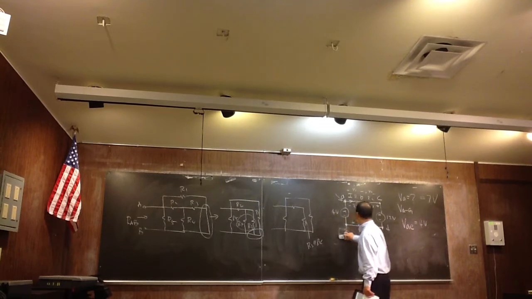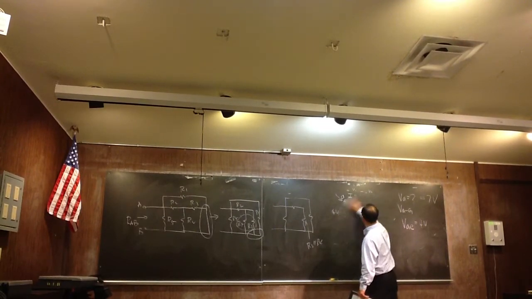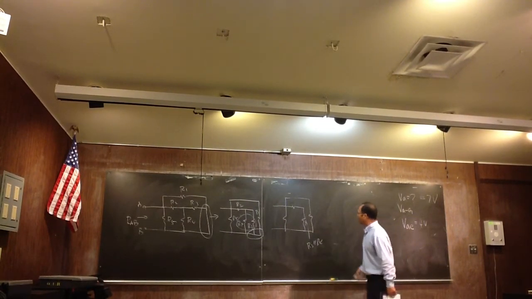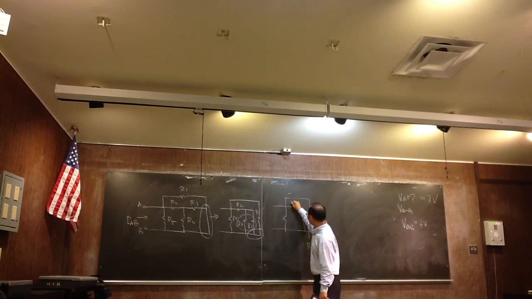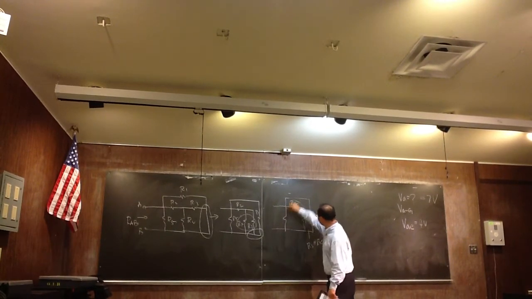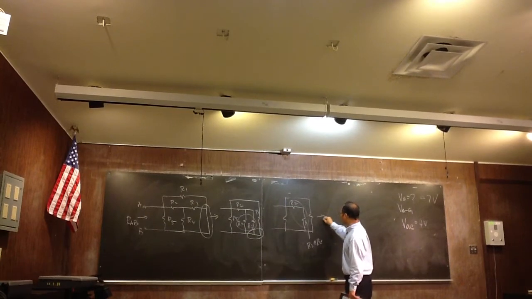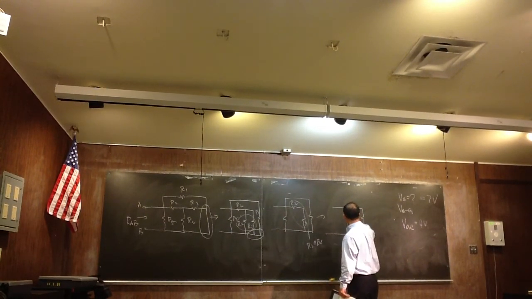And then what's next? R2 is in parallel with R5? Yeah. Then you have R2, these two in series. And then the next thing you can do is this one becomes